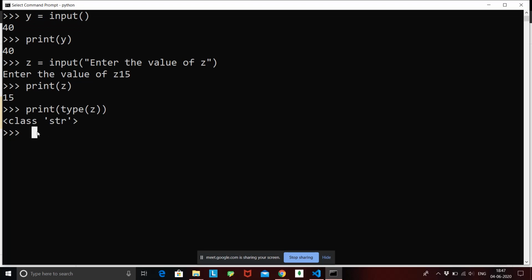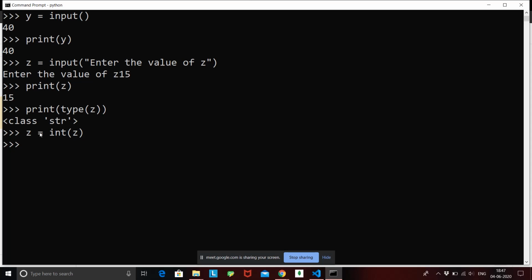Now if I have to change this string into the integer 15, the only thing I need to do is z equal to int of z. The existing value of z was a string type, we changed it to an integer and assigned it back to z.